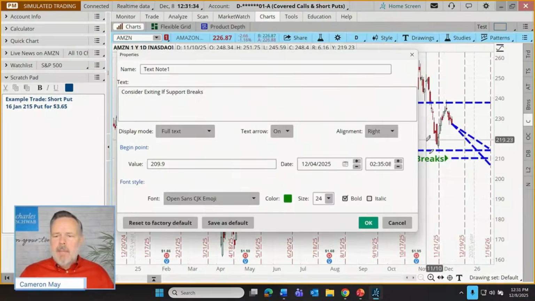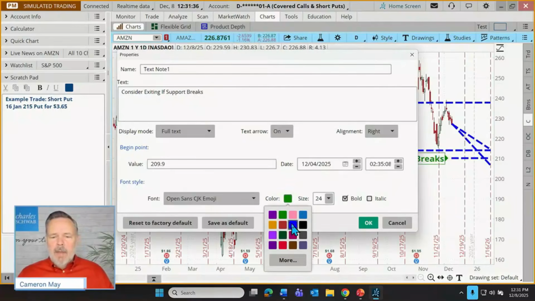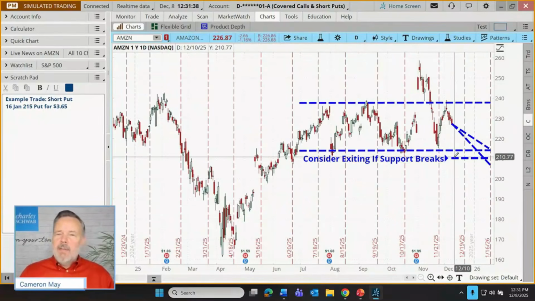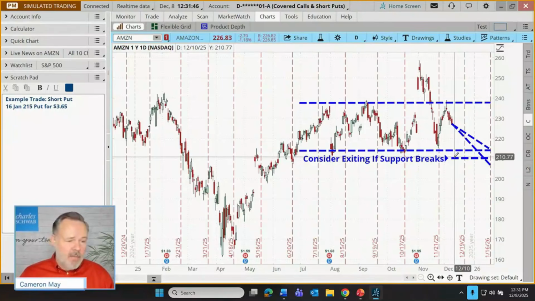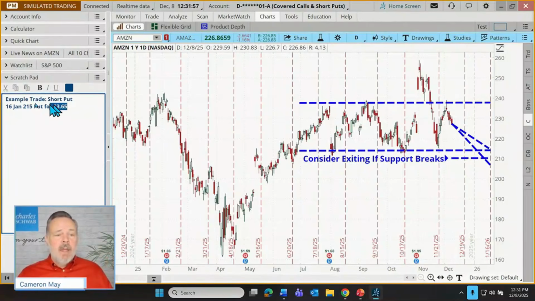I'm just going to edit the properties of this. And we're defining a support break as, let's say, getting all the way down to 210 into brand new bearish territory that we haven't seen in 5 months. Other than that, we're going to let this thing play out. So let me ask you, what's the most likely outcome for this contract that we've entered into, this income that's been collected? Now we're just trying to see if we get to realize that income.